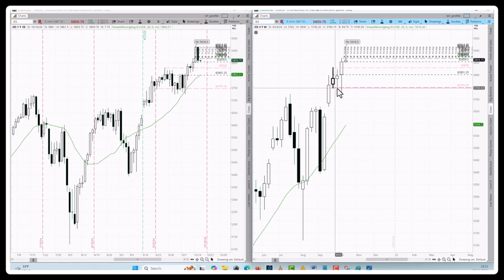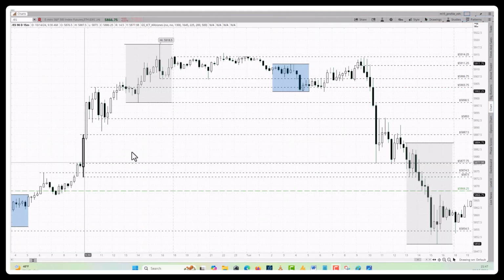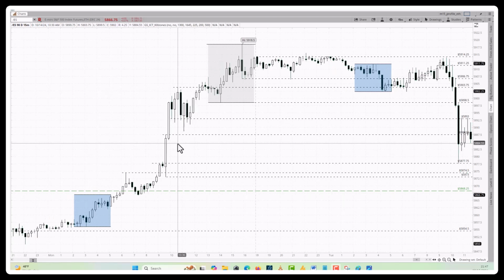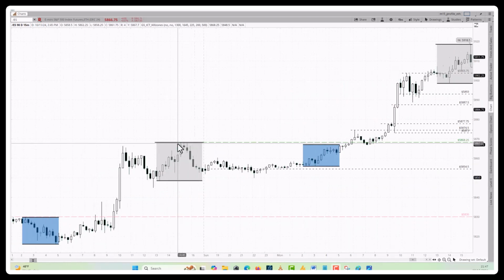You see, it tests this low twice, and then boom, it breaks the high range. And now we watch for the fall breakout right there. Very beautiful to watch. So yesterday we had a huge rally, and today we have a reversal day. Very interesting. And you see that yesterday